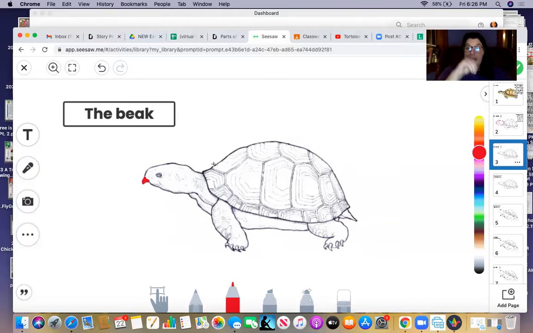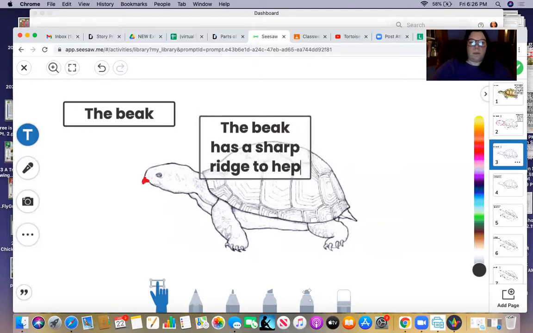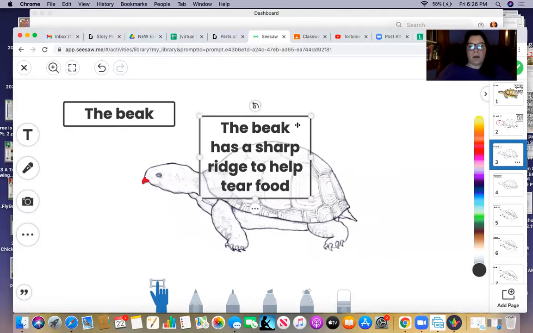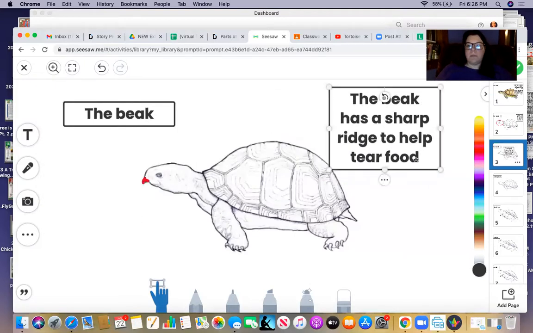But yeah, it has this sharp little beak to tear its food. So the beak has a sharp ridge to help tear food. And turtles are herbivores. They eat plants. So their food are plants, and